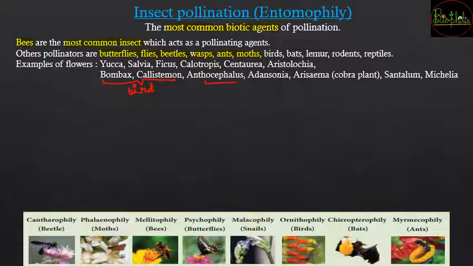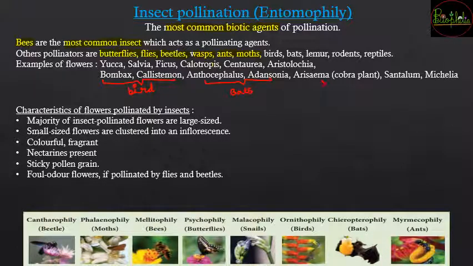Now these two plants are going to be pollinated by bats, right? And this cobra plant is going to be pollinated by snails. So snails, as you know, these are the very slow creatures. So this is the flower that is pollinated by snails. And last two, that is Santalum and Mischlia, these are the flowers that are going to be pollinated by snakes. Right, so this was some extra information that other than insects there are some other creatures that are going to help in